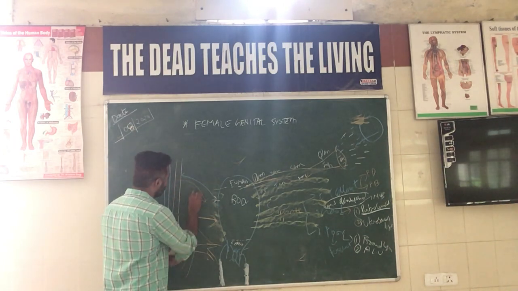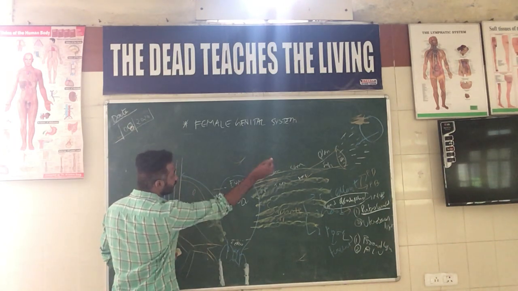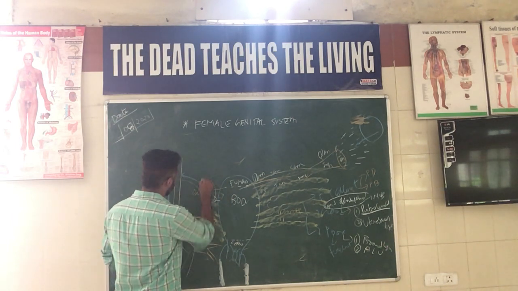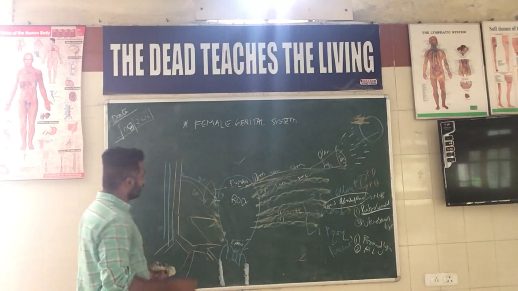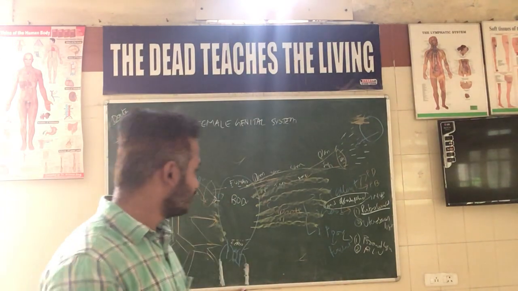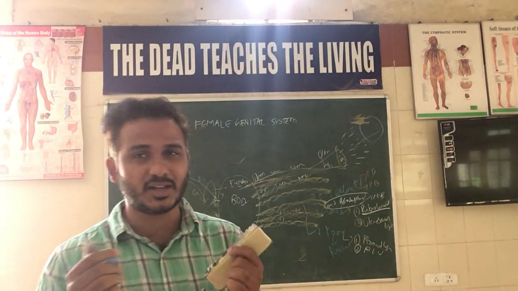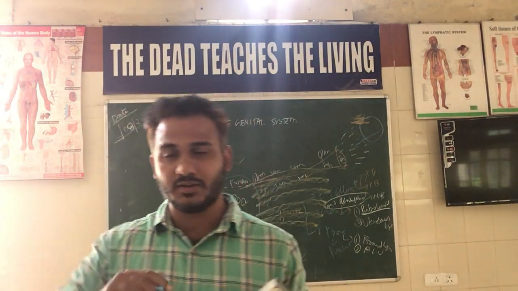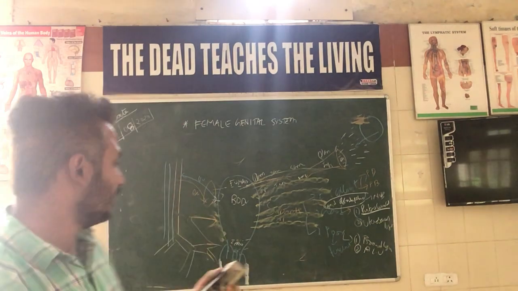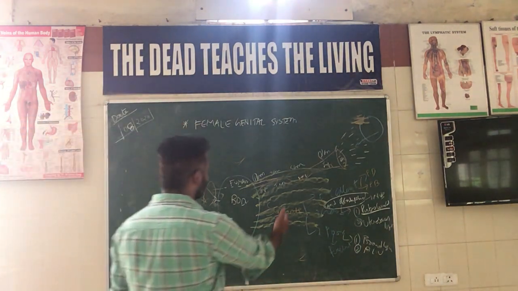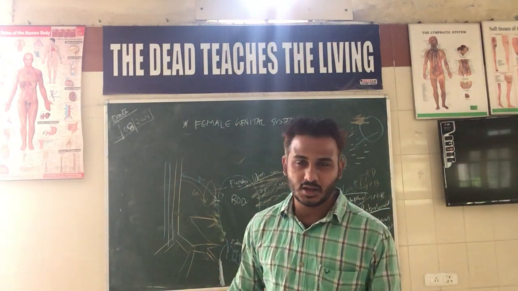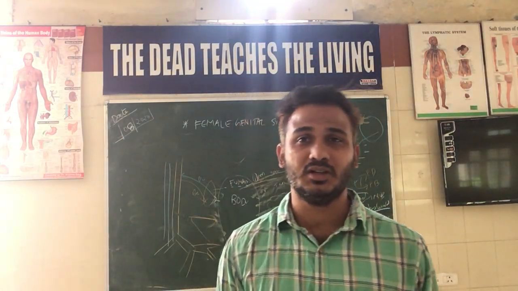Here we have the ovarian artery, and this is the ovarian vein. The ovary is actually suspended. It is attached to something called the genital ridge, and it is enveloped by a fold of peritoneum called the mesoovarium. Similarly, there is a peritoneal fold which is holding even the fallopian tube. It is called the mesosalpinx.